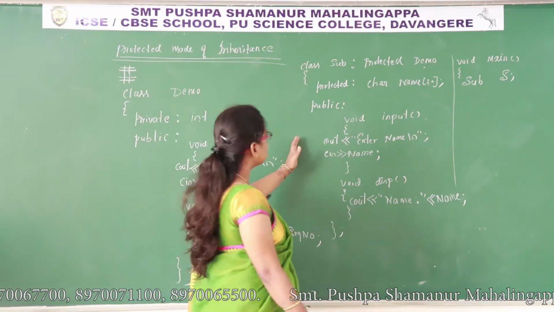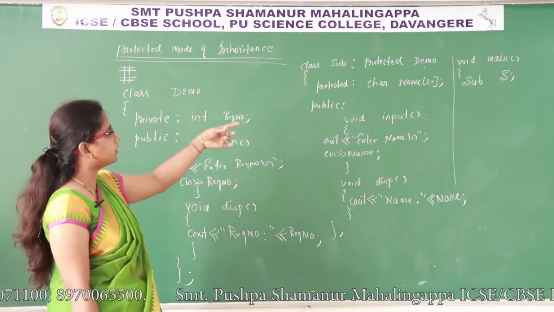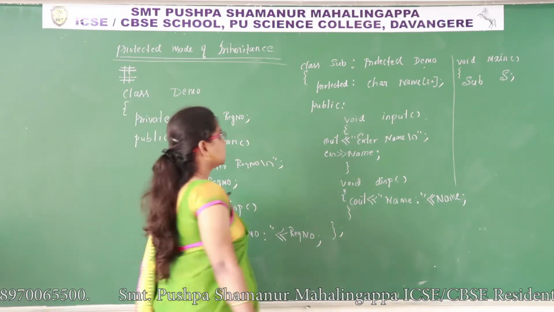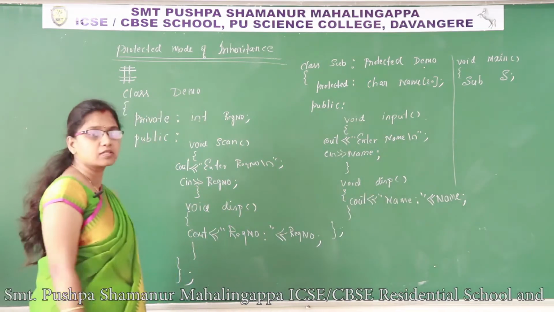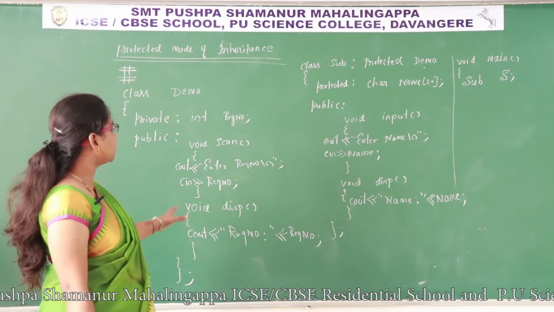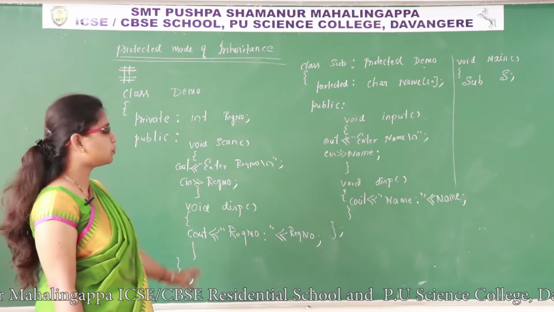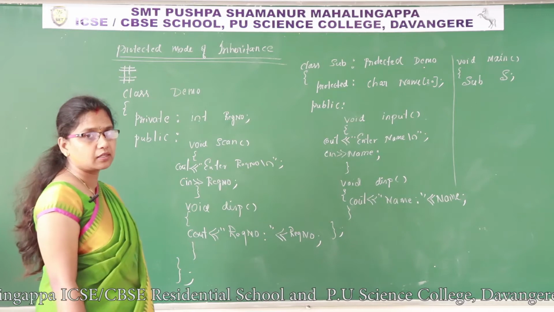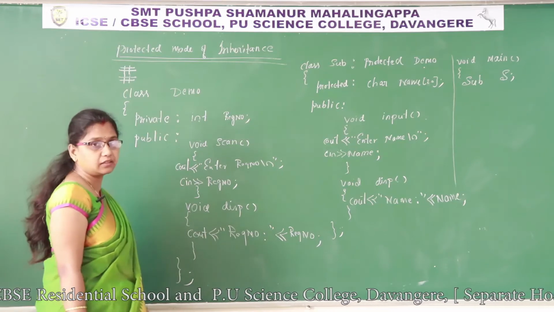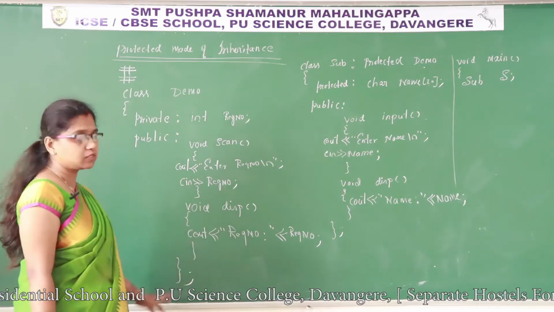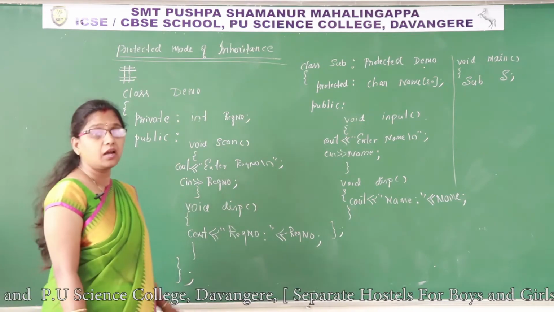So in the derived class, the protected section contains scan, disp and char name of 20. This is the data member of its own class. Char name is a data member of the subclass, the derived class. And what are the things going to be inherited to the derived class? Scan and display. Only scan function and display function will be inherited to the derived class, because REGNO, the register number, is private data, and these two are public members. So these public members are inherited to the protected section of the derived class as per the rule.